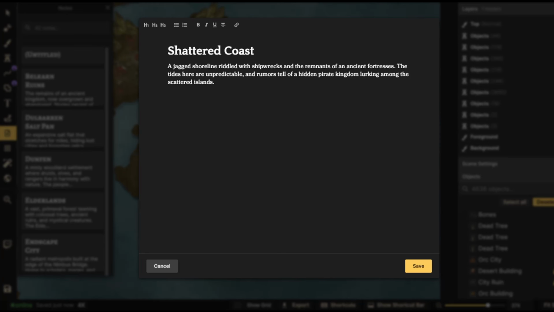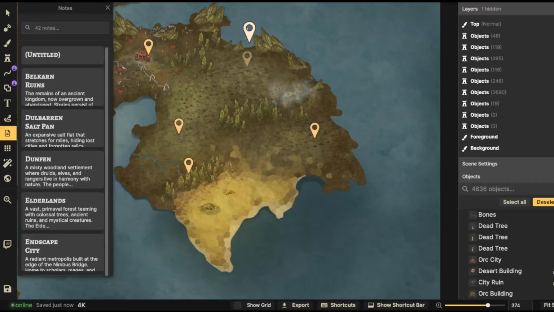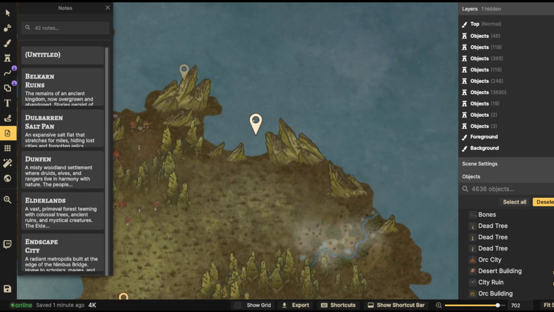Let's go add in the Shattered Coast. It's a jagged shoreline riddled with shipwrecks and remnants of ancient fortresses. The tides here are unpredictable, and rumors tell of a hidden pirate kingdom that lurks among the scattered islands. So what I want to do here is create a series of scattered